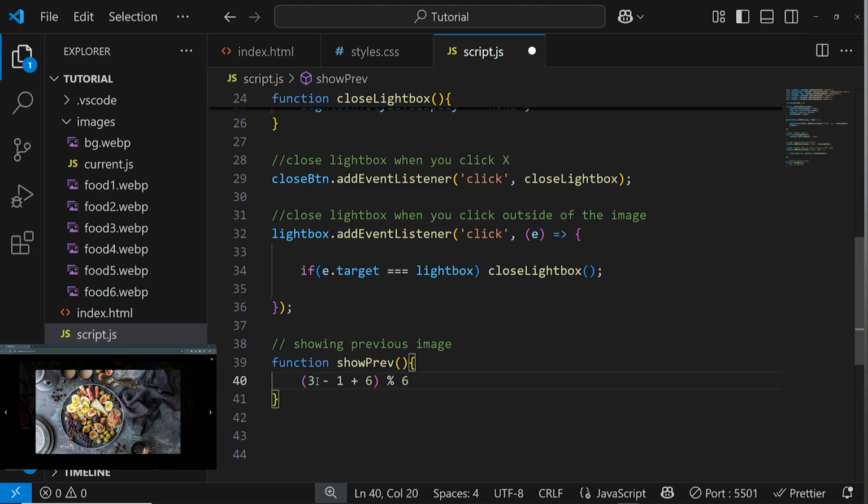If you're at position 0, and you want to get to the previous image, that previous image would actually be the last image, whichever length of the array that you have. So 0 minus 1 is -1, plus 6 is 5, and then 5 modulo 6 is 5, and that gets you to the end of the array. So this formula is what we need this function to do,